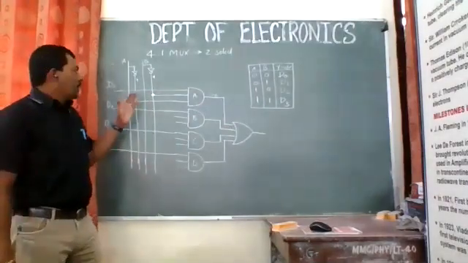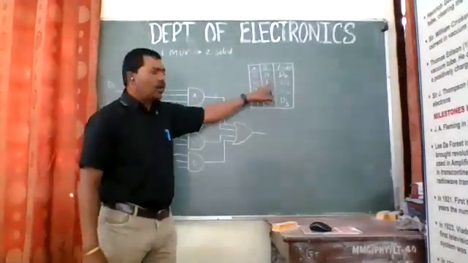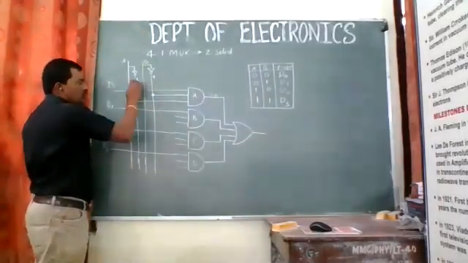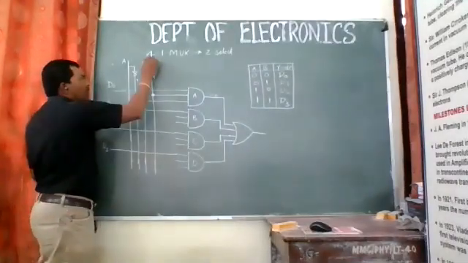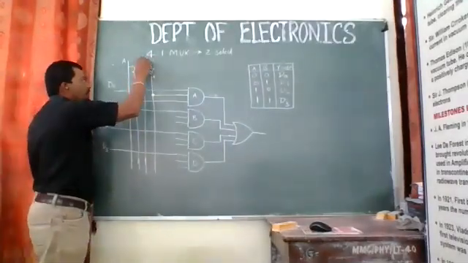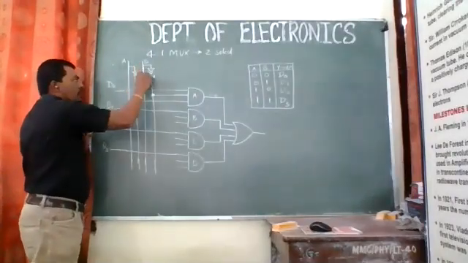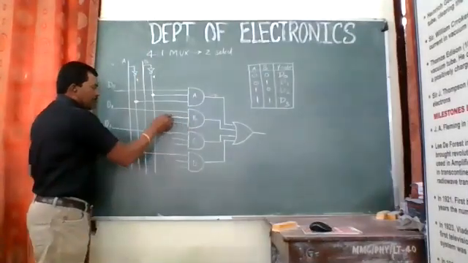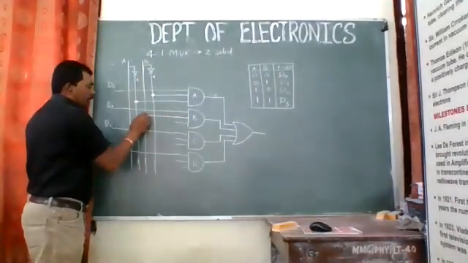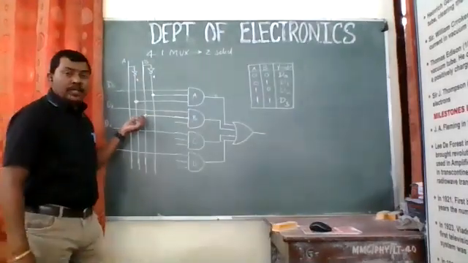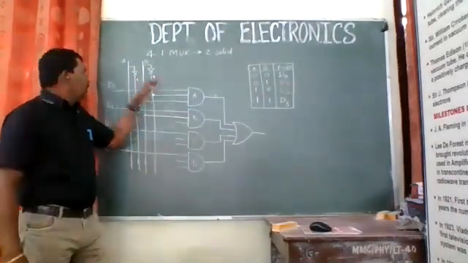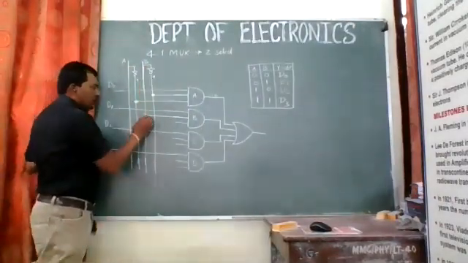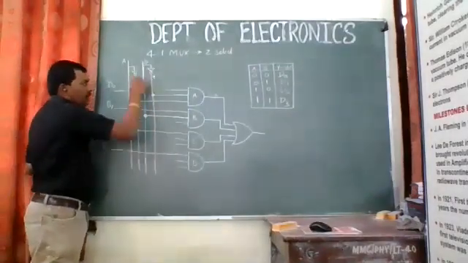In the second situation, when A is 0 and B is 1, A is 0 means we have to take the inverted input, and B is already 1. So we will be selecting the direct line, which is over here. So this line we are going to select for this gate. To enable the AND gate B, we require B to be directly connected. Now we are not putting the inverted input, but we are putting the direct B, right?